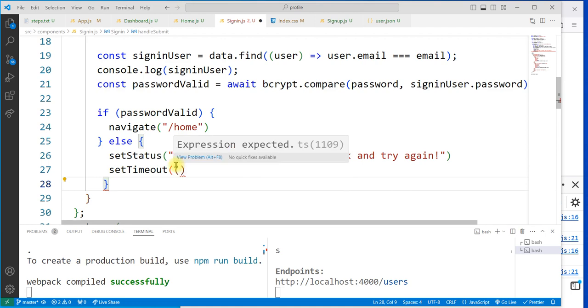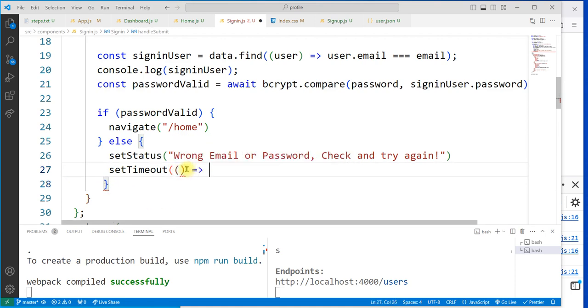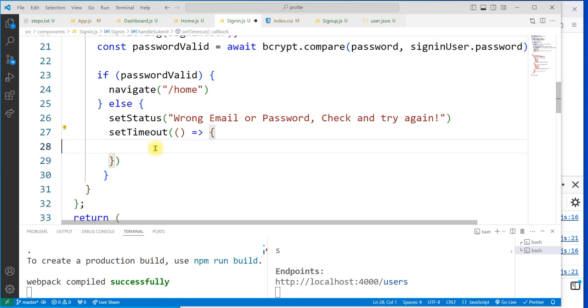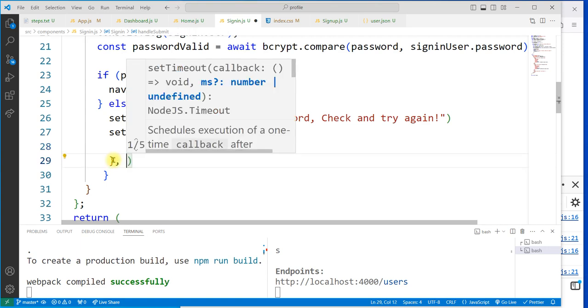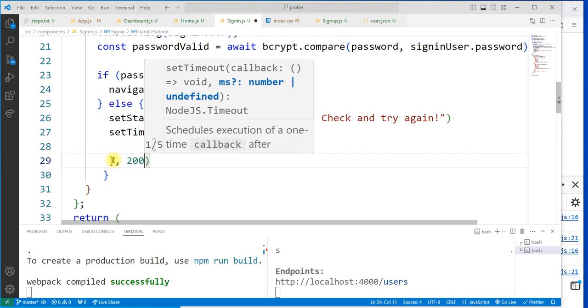Let me format it well, other than that it will throw an error. So it will take a callback function and do a curly brace, but don't forget the final parenthesis at the end, okay? It has to be this way. So after it has set the status, the final part before the curly brace and the parenthesis, you can pass the